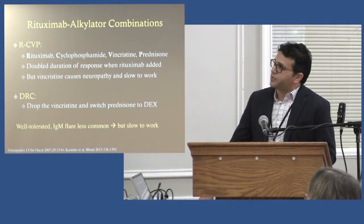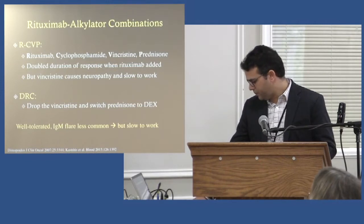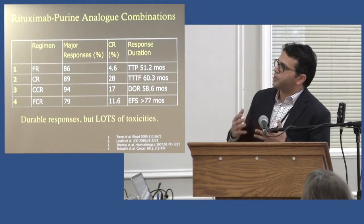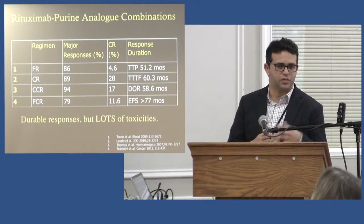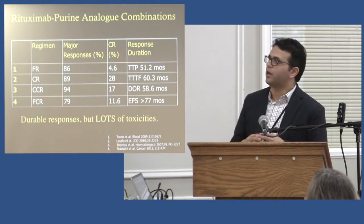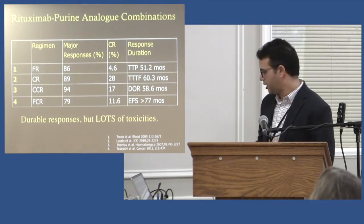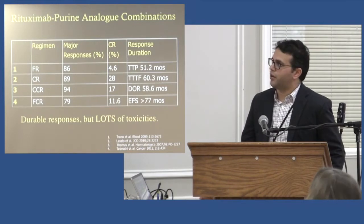So these are other regimens, as I mentioned, CVP and RCD or DRC. Just briefly to mention, there are studies showing the response rate for the purine analog, in combination between rituximab and fludarabine. We used it mainly in relapsed refractory patients as well, and it does show a response. But the biggest concern for this regimen, either FCR or FR alone,